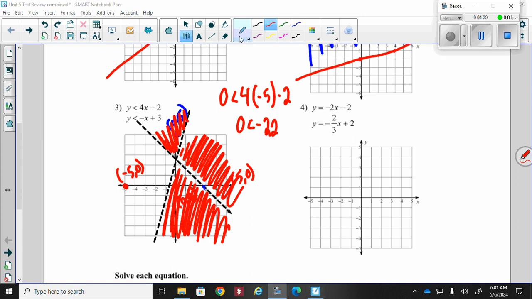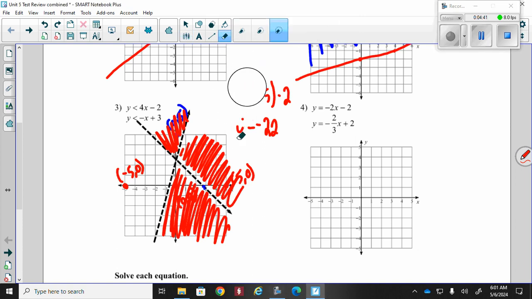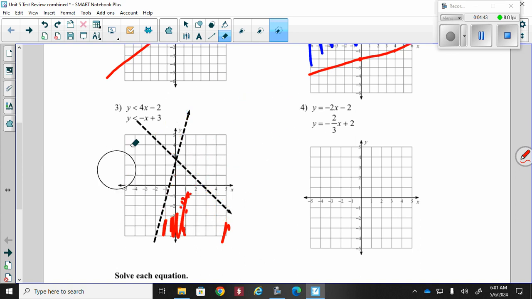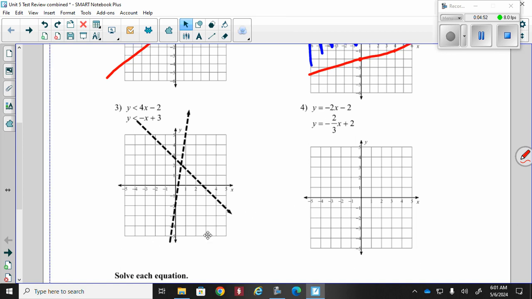Okay, I did some quick little fixing, and I figured out what was wrong. This line is not correct, so it should be right there. That's what it should be. So let's see,